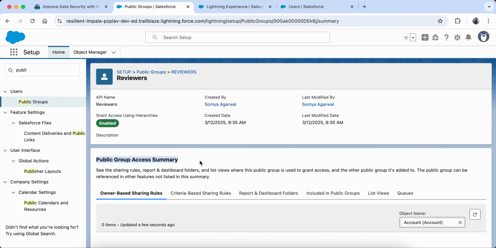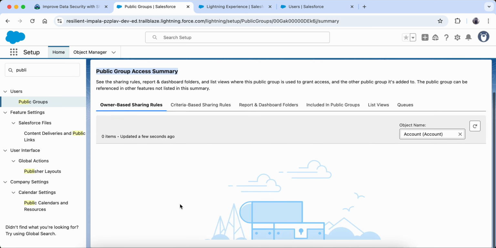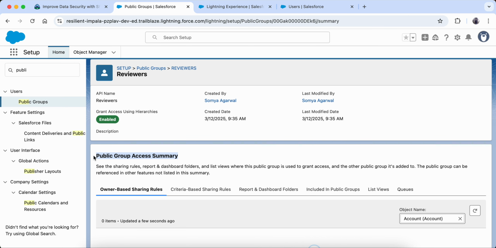This is known as the access summary. Now we can see this page even for users. This was recently launched by Salesforce. It was not there before. I think they launched it last year, or maybe the year before, but this is very new. Before, when an admin worked, it was a lot of trouble to see what reports and dashboards it has. There was nowhere you could see the summary. So this is a very beautiful view which they have given, which was much needed, I would say.